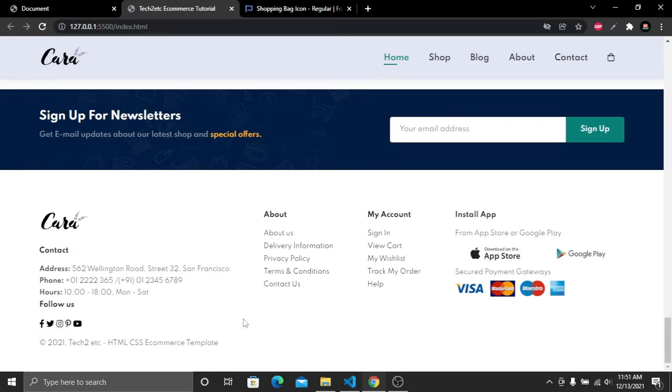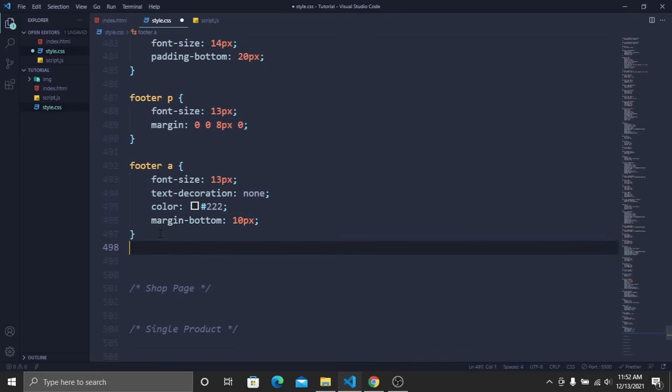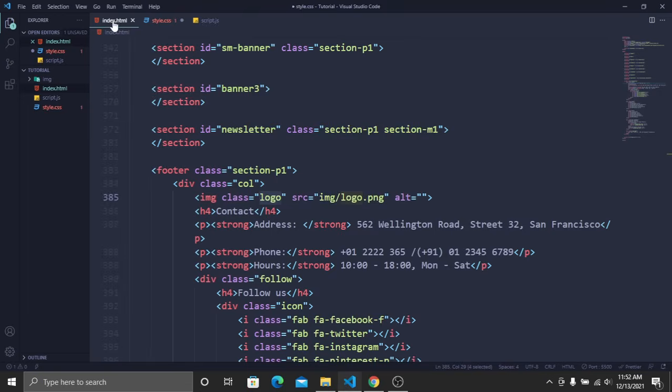Now we have to do some changing inside the column. Here you can see that we have to change the color of our social media icons, and then we have to add some hover effect here, and then we also have to add some styling in this section. So let's do it. Copy this footer and then paste it here,